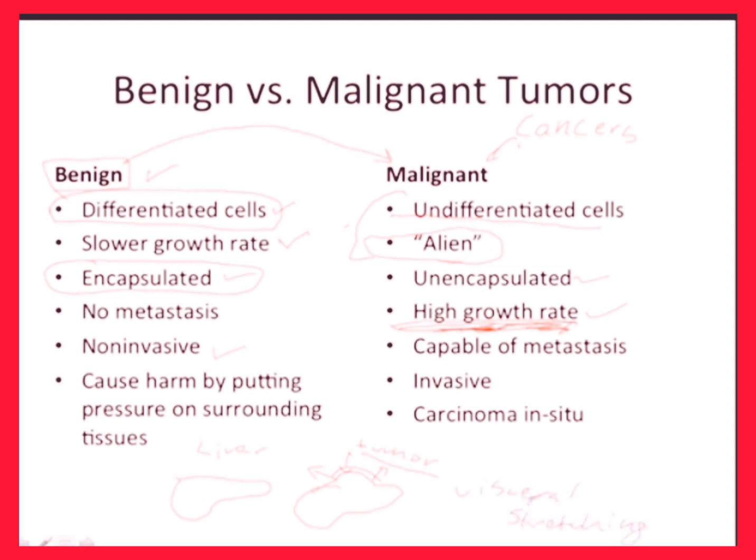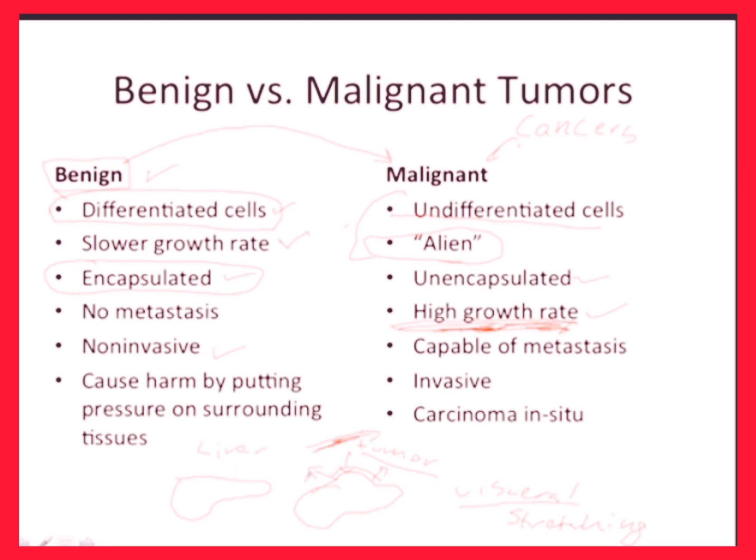Remember, when you see the word viscera, you think internal organs. So they're going to cause visceral stretching. Obviously, the more you leave it alone, the more that organ's going to stretch. Now, let's say you've got an artery nearby. Now that benign mass is pressing against an artery and occluding blood flow to wherever that artery is carrying blood to.